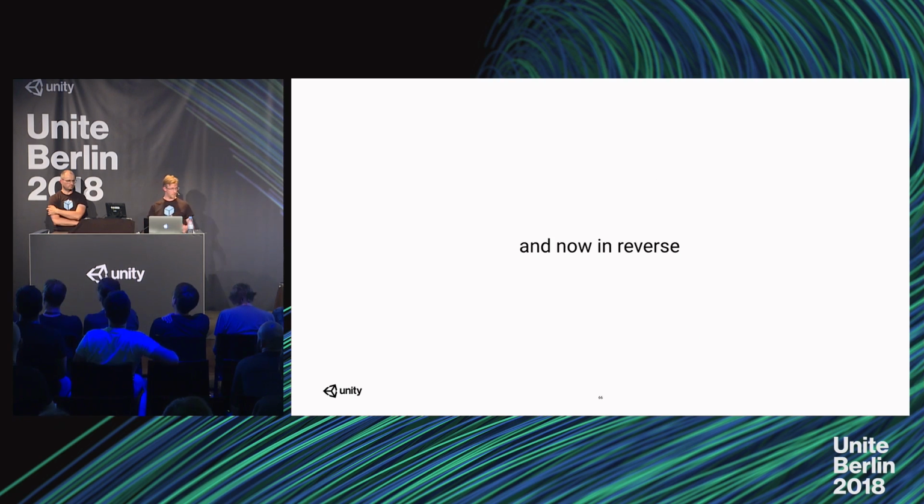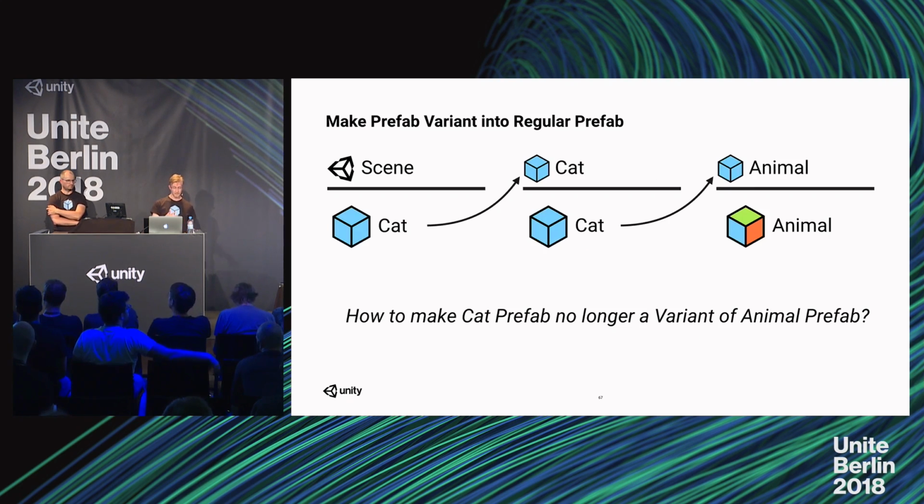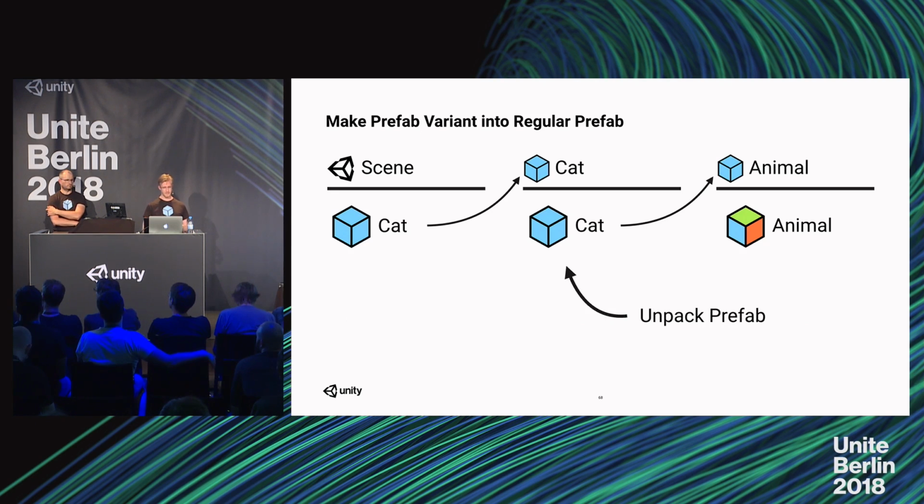So now let's have a look at the reverse. You have your cat, it is a variant of animal, but you change your mind and you actually want it to be just a regular prefab instead that doesn't inherit from animal. You can do that as well. Again, you start by going to prefab mode of the cat, and then you unpack the instance at the root of cat, which is an instance of animal,